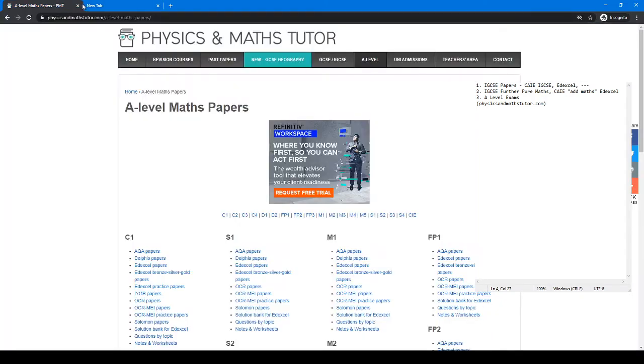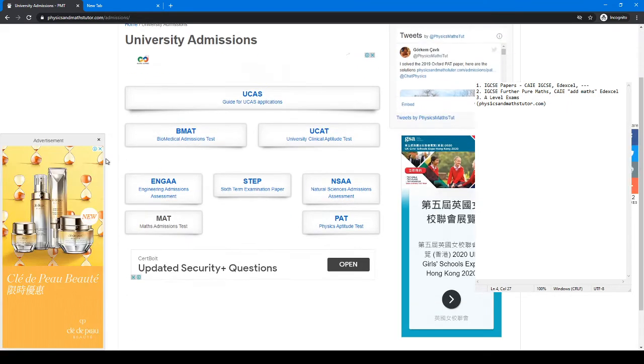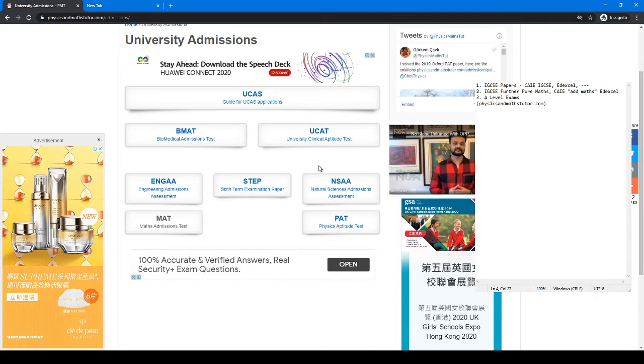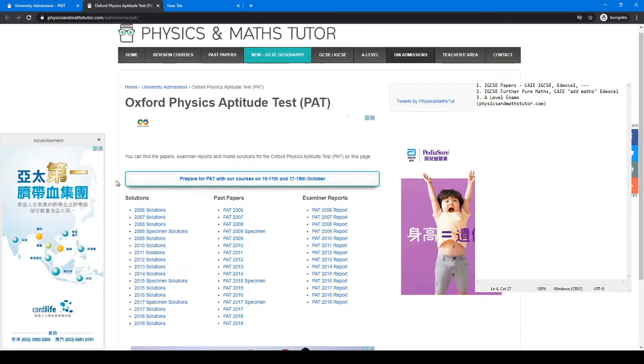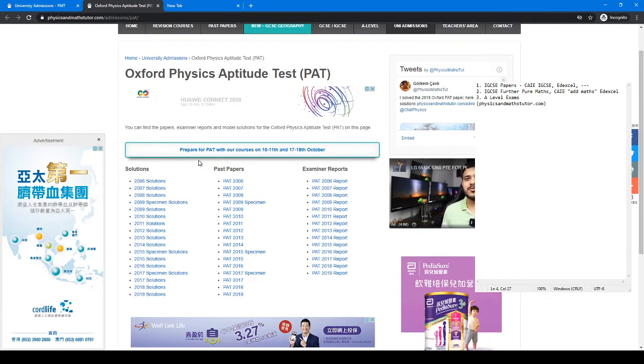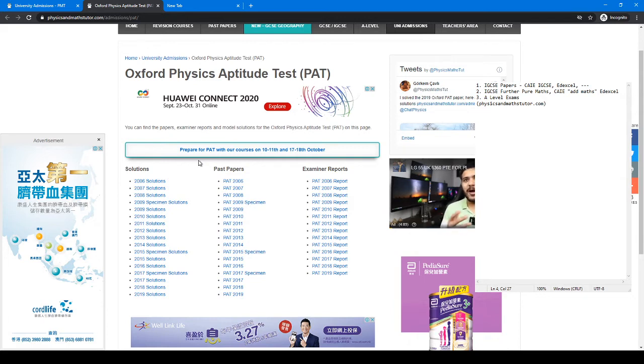What next? Okay, so now we go away from the traditional exam format and we look at some other exams that are not necessarily qualifications you're forced to do in school, but are still useful for practicing maths and physics. So if we look at this, uni admissions, there are several of these papers that are relevant to your course. The physics aptitude test is by Oxford University, and it is a good paper if you get confused, because the papers try to confuse you